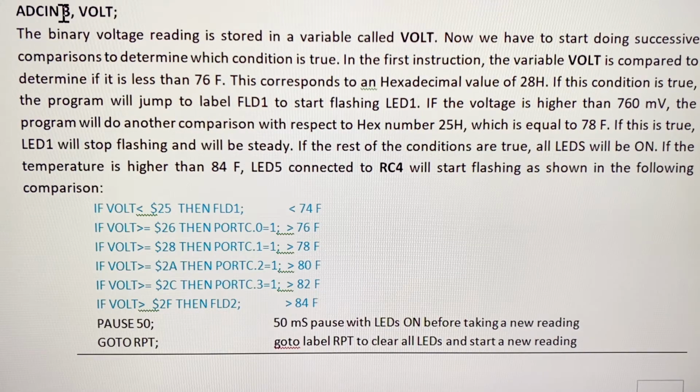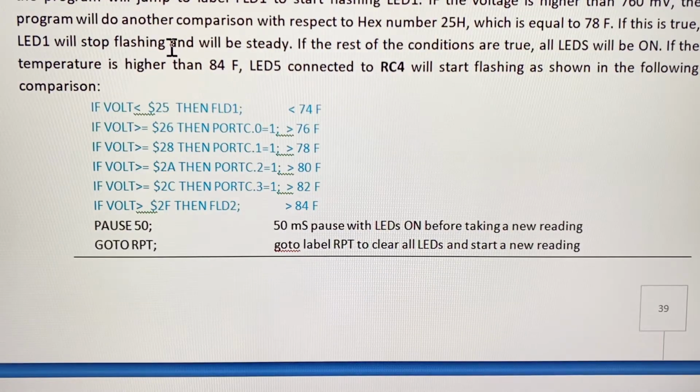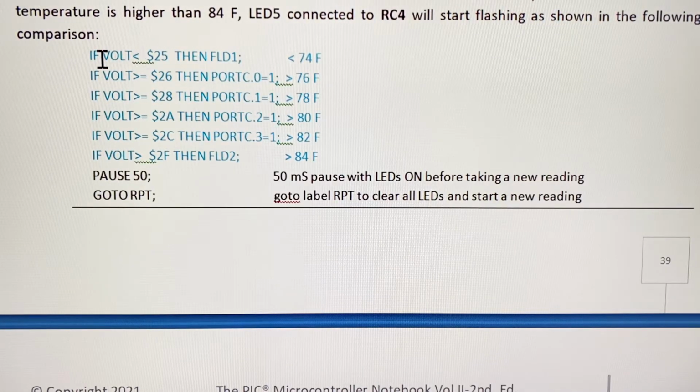input, this is the channel, and the voltage will be stored in this variable, the variable volt. So now if you want to make comparisons, you can say if volt is less than 25, in other words, if it is less than 74 Fahrenheit, go to flash LED 1. So the first LED will be flashing. If volt is greater or equal than 26, so if the temperature is greater or equal than 76 Fahrenheit,